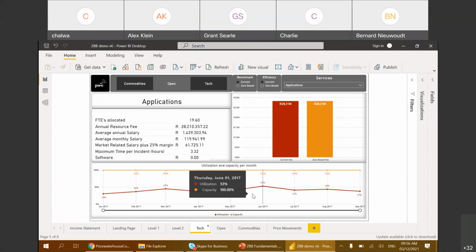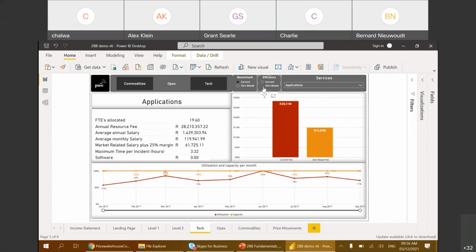So we built an algorithm to say that if this were to be purely 100% efficient with no inefficiencies, and you've got the perfect mix of people responding to this, this is what it would look like. Then we can see if it were perfectly efficient, the cost would move from 28 to about 15 million. So this would be changing the way you contract with a supplier, because you would not be looking at the 114 million overall spend anymore.